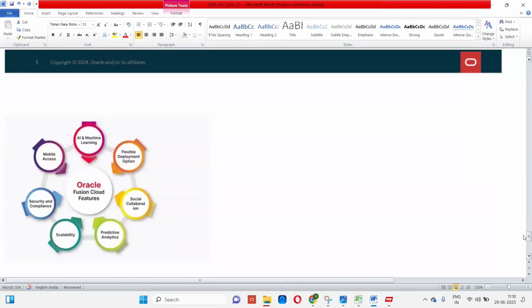Okay. So now, why is the Fusion Cloud at the top of the market, and how is it a big competitor for other ERP applications? First is your mobile access, and they have AI and machine learning in here, and a flexible deployment